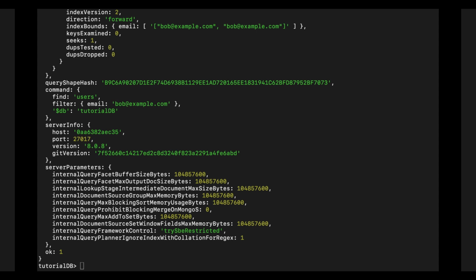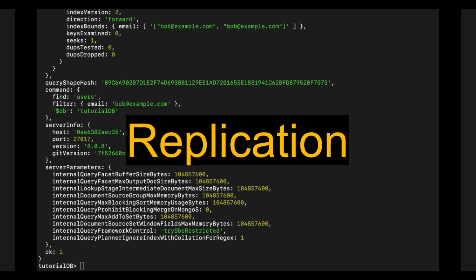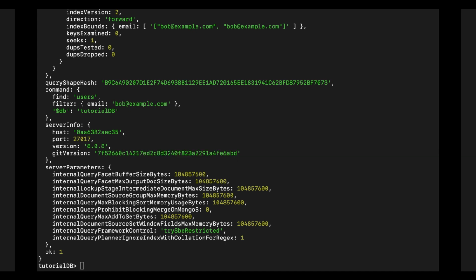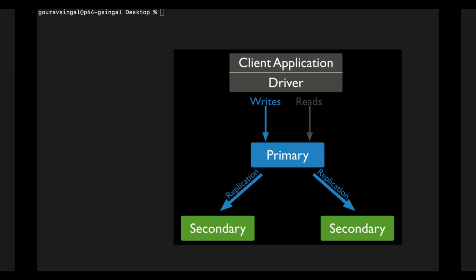Now let's move to the next module, that is the replica set. In this module, we will learn how MongoDB replication works. We will set up the replica set using Docker. In MongoDB, a replica set is a group of servers that all store the same data, but with different roles. One node is the primary. It handles all the write and read operations by default. The other nodes are the secondaries. They replicate the data from the primary. If the primary fails, MongoDB automatically elects a new primary from the secondaries. When the old primary comes back online, it rejoins as a secondary and syncs data from the new primary.